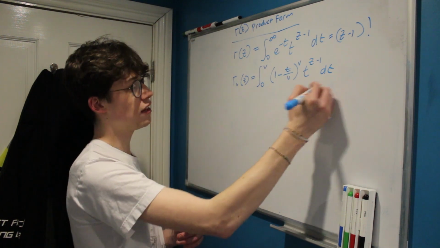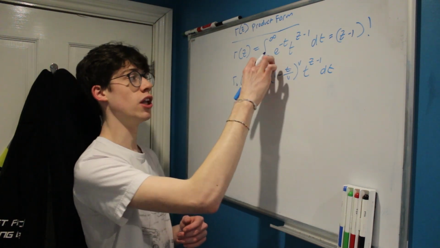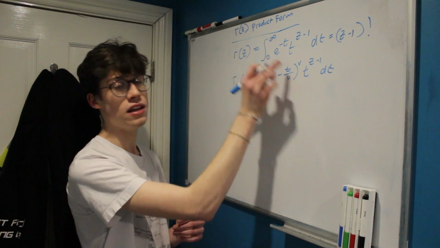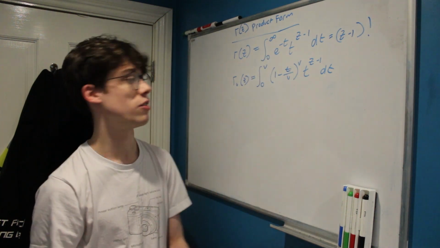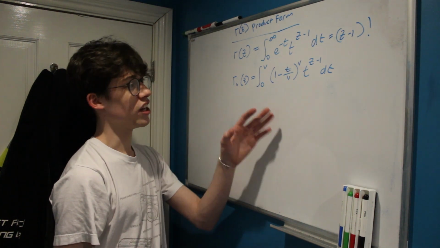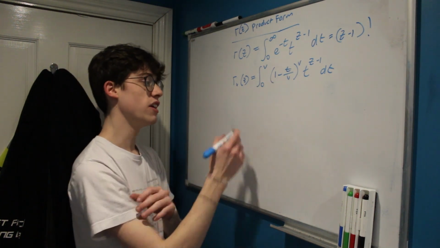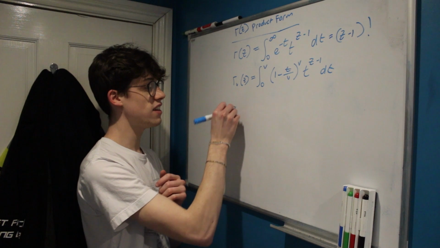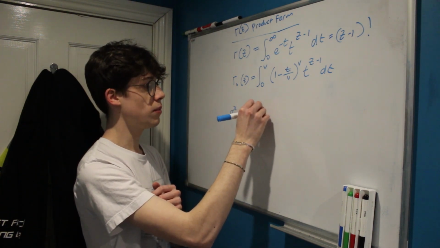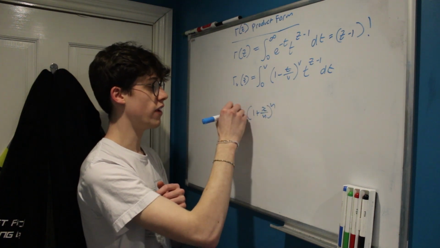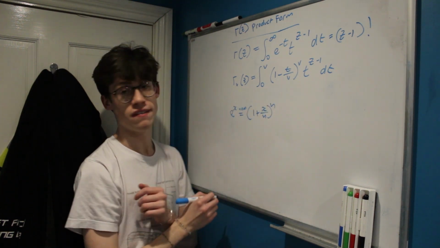Now, apart from this little bit at the end, and both of them having a lower bound of 0, this may look different. It may not be immediately obvious what the relationship between the two is. But actually, you may recognize, or you may know, that e to the x can be written in its compound form as (1 plus x over n) to the power of n as n approaches infinity,